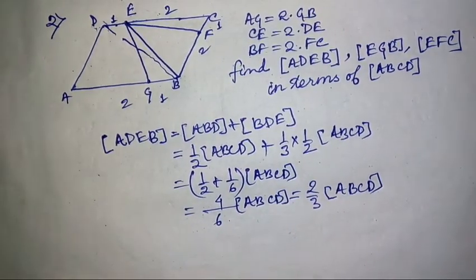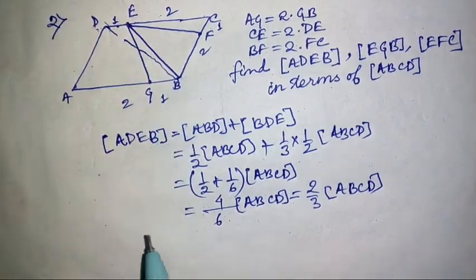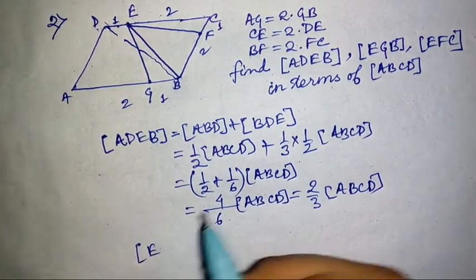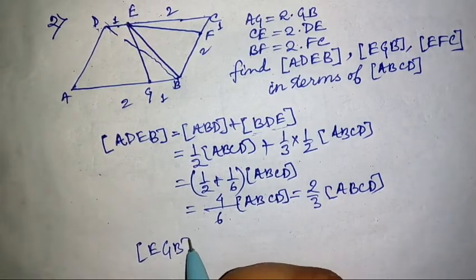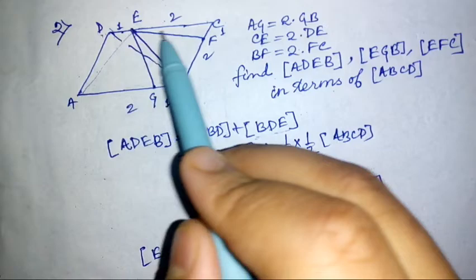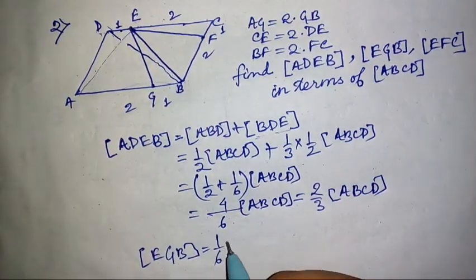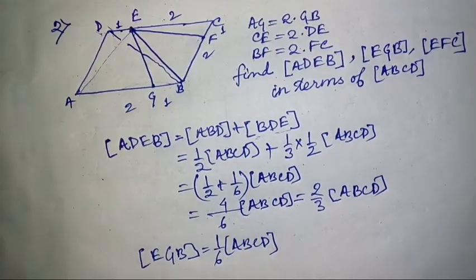So this one is done. Now EGB is this one. This one can be calculated using the same logic in which we have calculated, I think, this one. BDE, EGB is 1/3 of this area, 1/3 of this area, and this is only half, so 1/3 of half is 1/6 of ABCD. Now EFC,